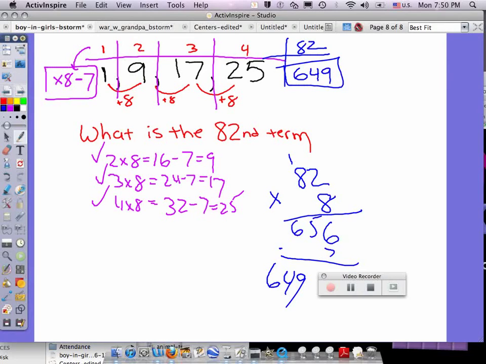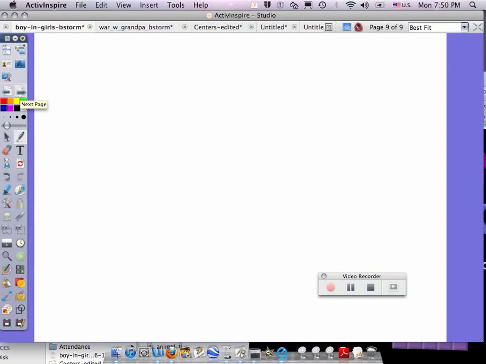I'll give you one to do on the next page. And you can put it on pause. Put it on pause as you're solving it, and then you can check your work and review it. So I'll write the problem. The pattern is